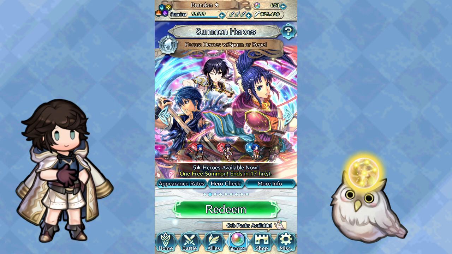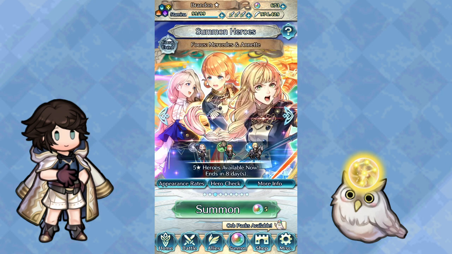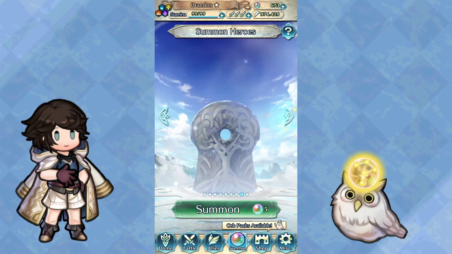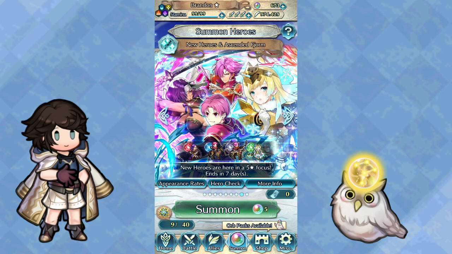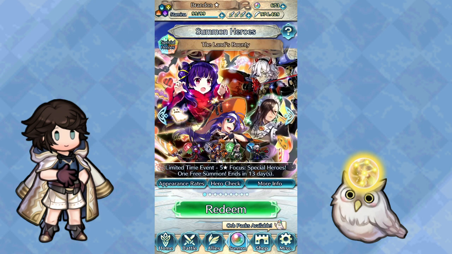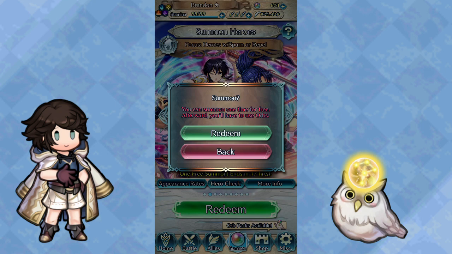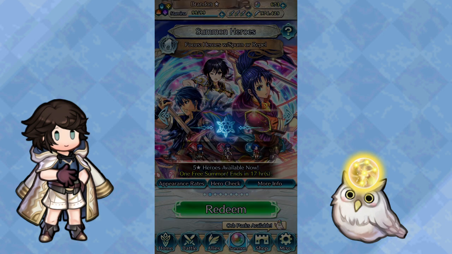Speaking of tempted, now that I've seen the legendary banner for this month, and it doesn't interest me in the slightest, I'm very tempted to go back and try for Fjorm over here. So we may do that at the end. I'll wait until tomorrow's poll before I decide, but I might do that and see if we can get her, because I'm still pretty tempted by her, and we've managed to save up a good number of orbs again, but for now, let's just go ahead and get